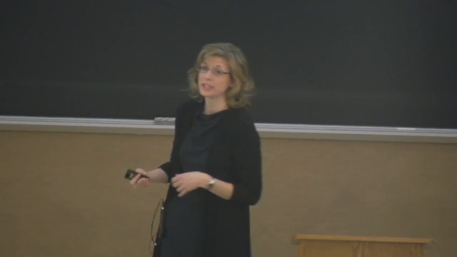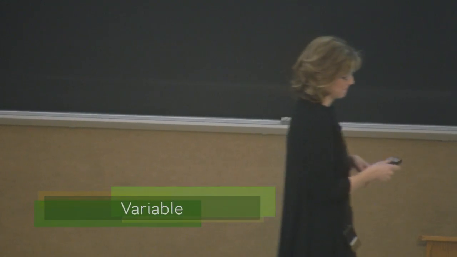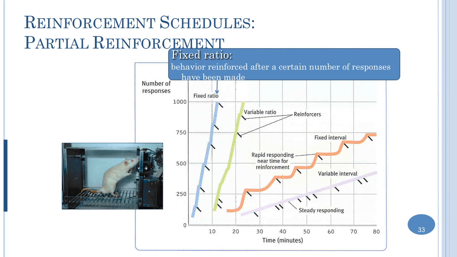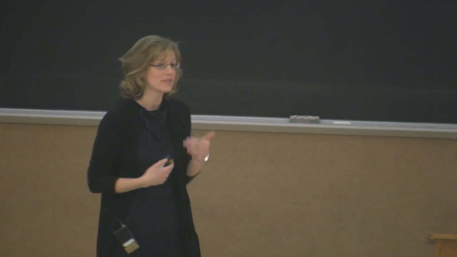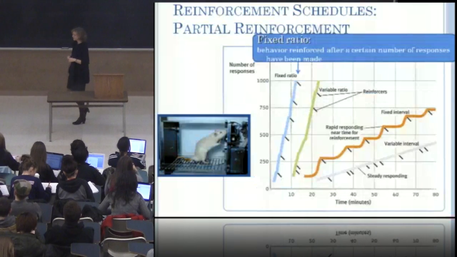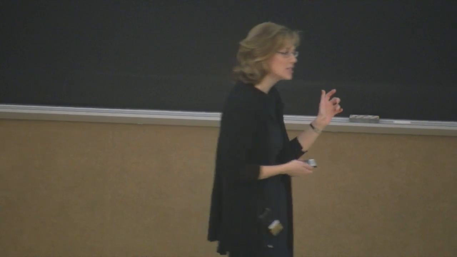And then these can be fixed or variable. Fixed meaning on a fixed schedule, variable meaning on a variable schedule. So you have these 4 combinations. The first one we're going to talk about is a fixed ratio schedule. Fixed ratio, where your behavior is reinforced after you perform it a certain set number of times. So if you do something a certain number of times, after X amount of times, you're going to be reinforced for it. Think about when you go to a coffee shop and they have you fill out those little punch cards: you buy 10 lattes, you get the 11th one free. There you go, fixed ratio schedule of reinforcement.